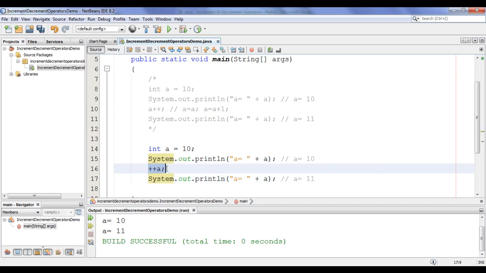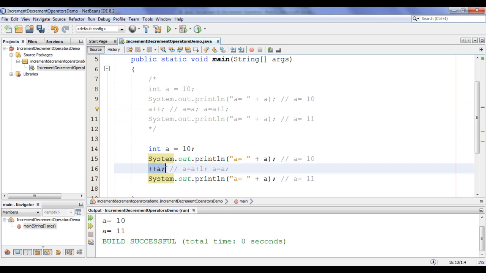Remember that when this code is executed, behind the scene it is implicitly expanded to two statements and then executed. First statement will be a equal to a plus 1 semicolon, and the second statement will be a equal to a semicolon, guys. First increment is done, then assignment is done. Hence it is called pre-increment, guys. In post increment, increment is done after the assignment.